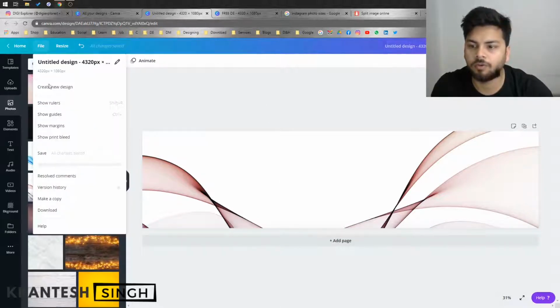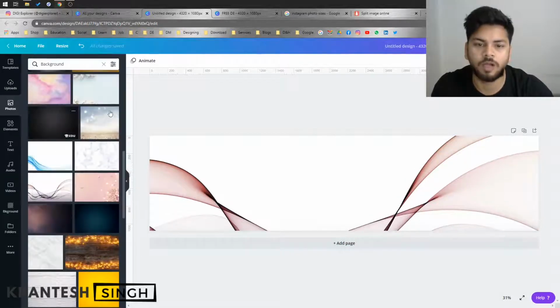Now you have to go to File and choose show rulers and show guides. Guides are helping tools that will help you during the creation process of your design.